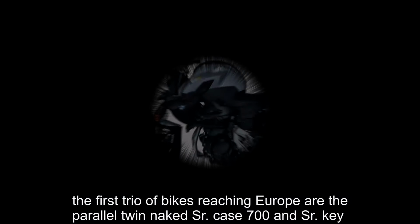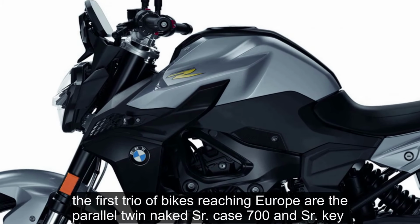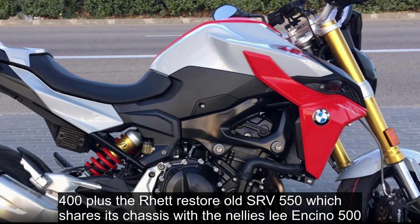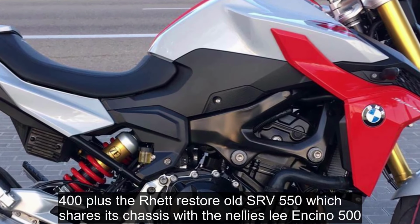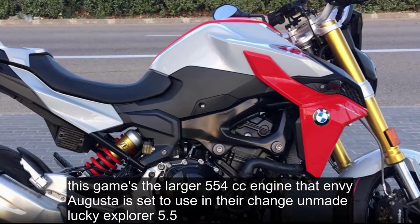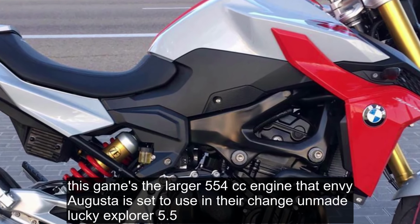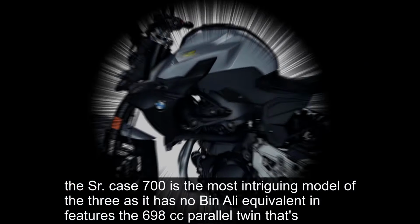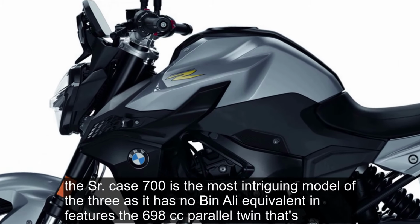The first trio of bikes reaching Europe are the parallel twin naked SRK 700 and SRK 400, plus the retro-styled SRV 550, which shares its chassis with Benelli's Leoncino 500. This gains the larger 554 cubic centimeter engine that MV Agusta is set to use in their Tianjiang-made Lucky Explorer 5.5. The SRK 700 is the most intriguing model of the three, as it has no Benelli equivalent, and features